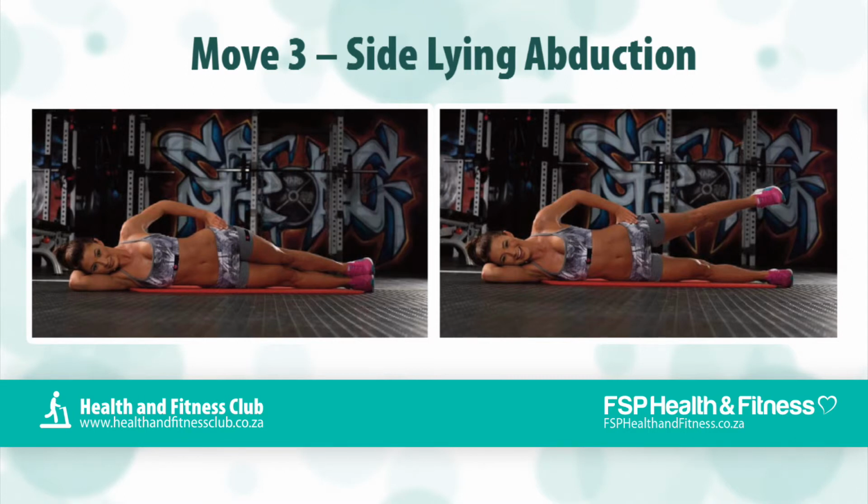Move 3. Side lying abduction. Lie on your left side with your body in a straight line, your left arm fully extended or bent slightly, and your head resting on it. Your pelvis and knees should be in good alignment with your right hip bone directly above your left. Keeping your right leg straight and knee joint locked, raise it as high as you can without letting your pelvis